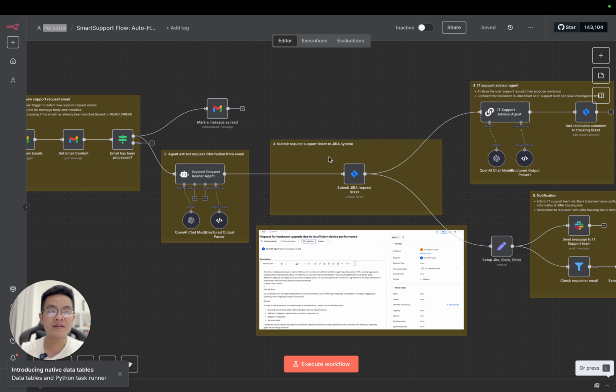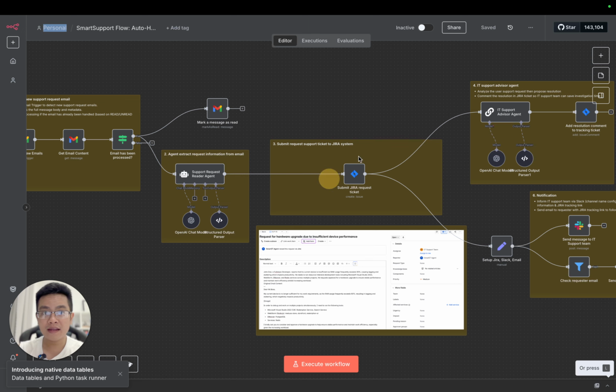Okay, so this video is designed for beginners, so don't worry if you are new to n8n. I will walk you through step by step, from setting up the integration to building your first automation workflow. By the end of this tutorial, you will have a working workflow that saves time and reduces repetitive tasks. So let's dive in and start building.